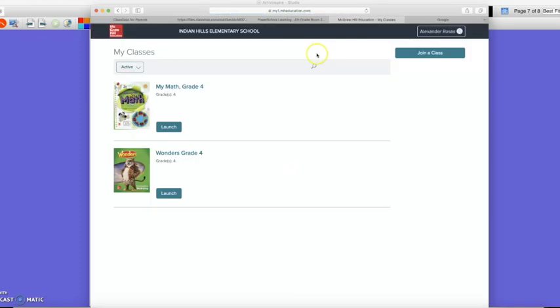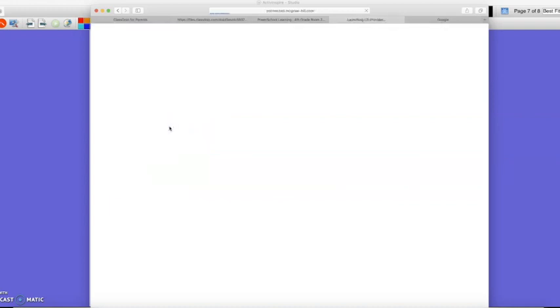This is one place to go to for additional printout activities. I personally don't like assigning digital material on ConnectEd, but I may assign others in the future. But what I want to show you is specifically the math section. So if you click on the math section right here,